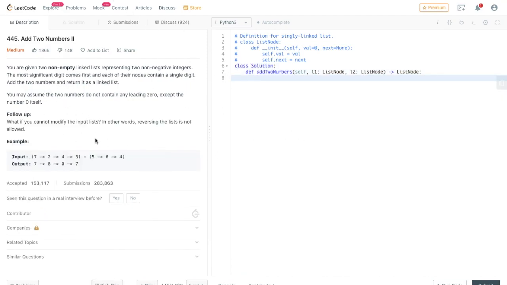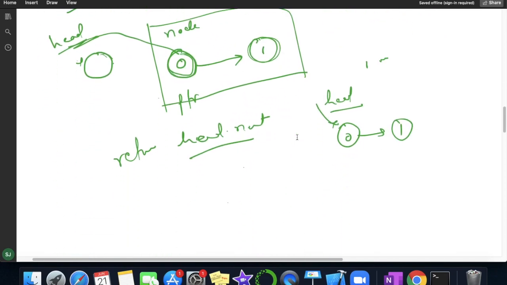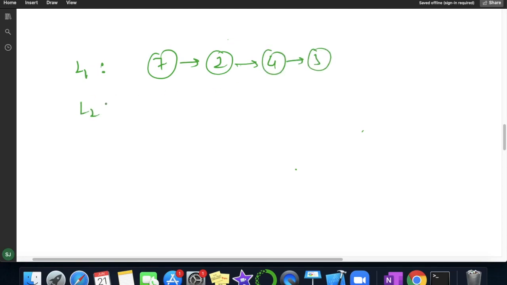Let me explain this problem in a simple way, what they are saying. We'll apply the same formula here, S equal to n1 plus n2 plus c. In this problem we will be given two linked lists again, L1 and L2. Suppose L1 has values 7, 2, 4 and 3, and L2 has values 5, 6 and 4.